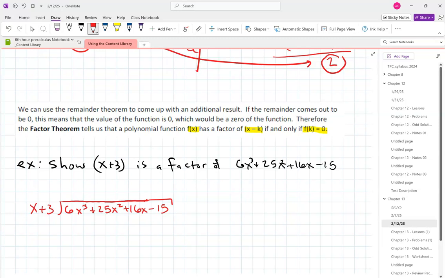So what times x gives me 6x cubed? Well, that's 6x squared. And then if I subtract down,